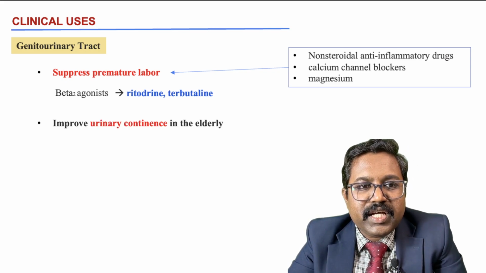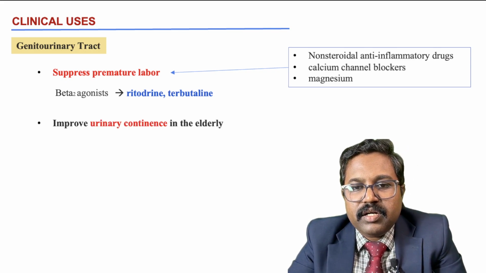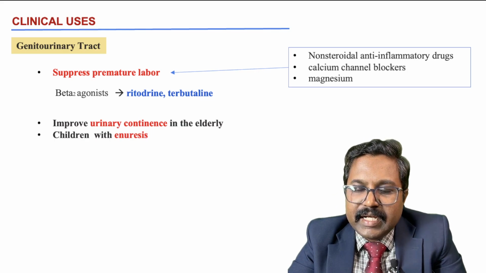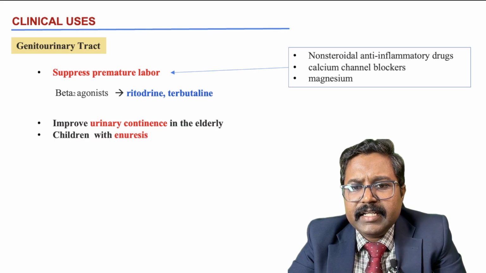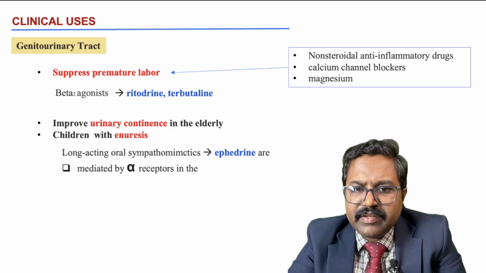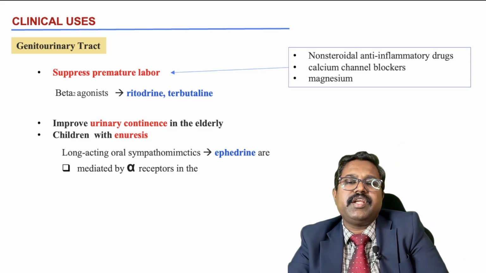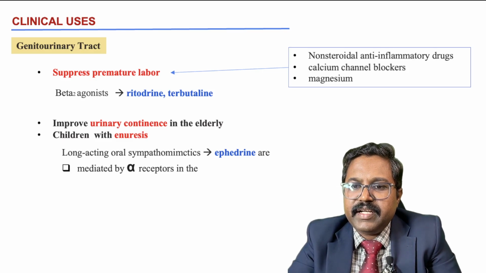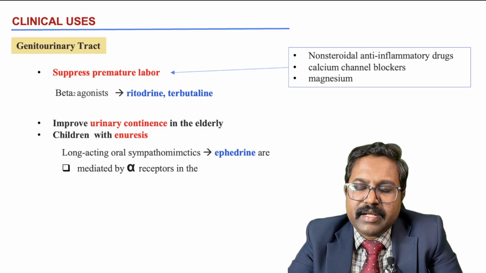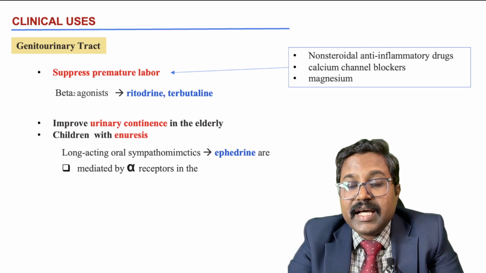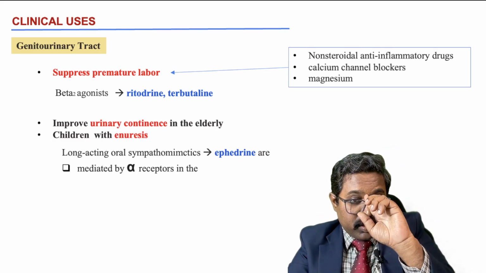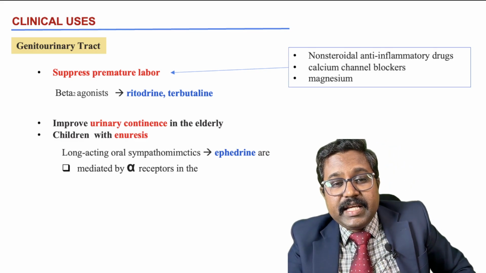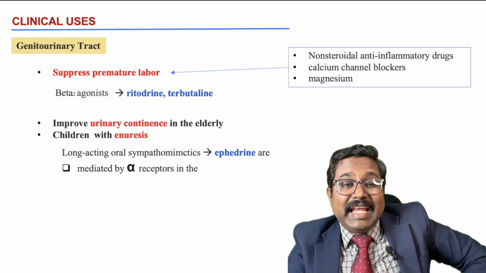And also it can be used to improve the urinary continence in elderly and children with enuresis. So especially you can use a long acting oral sympathomimetic, that is ephedrine, and their actions are mediated by alpha receptors. So remember, do not confuse with BPH. Only in case of elderly females who are having any